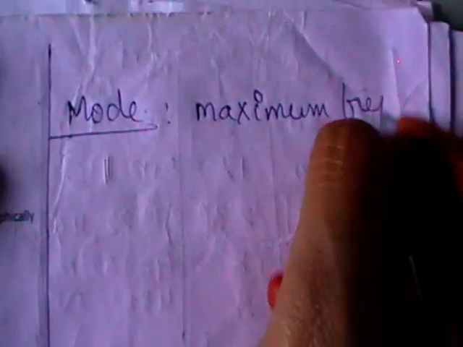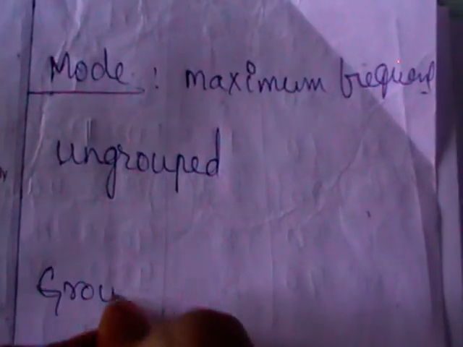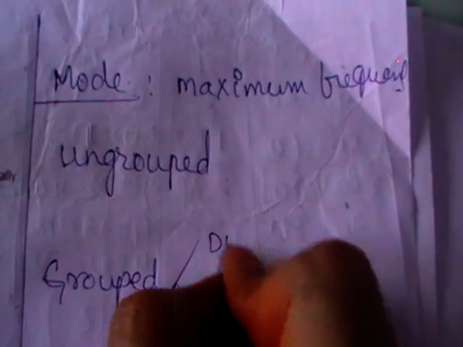Okay, let us discuss mode. Mode is the third measure of central tendency. Generally, mode is nothing but the one with maximum frequency. How frequently it occurs, or the one with maximum frequency, is called mode. I think it's a very easy one. There are three types of data you have: ungrouped and grouped. Under grouped you have discrete and continuous.